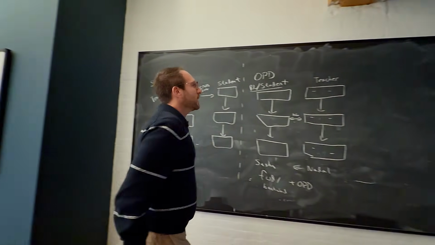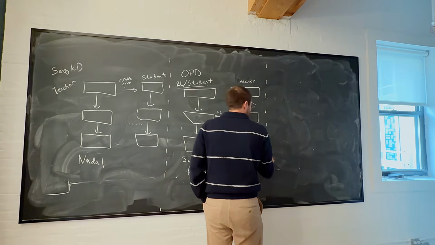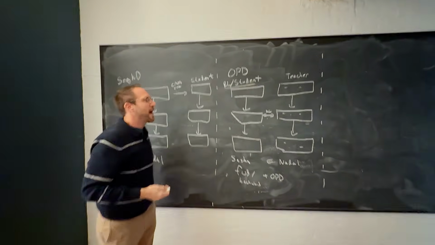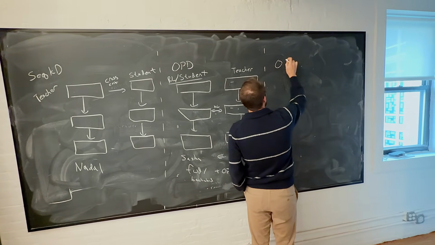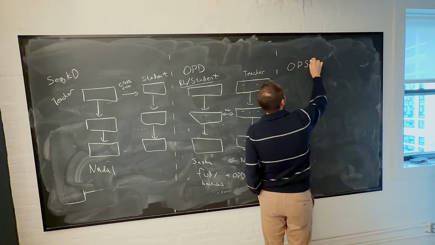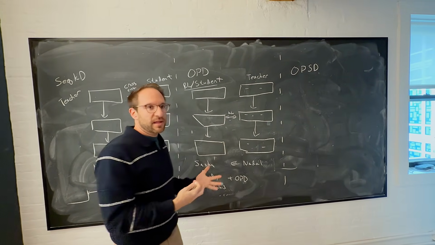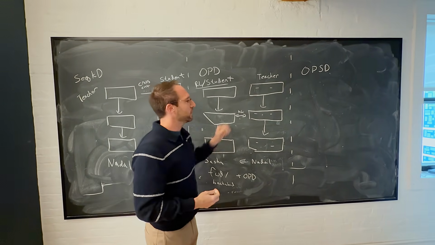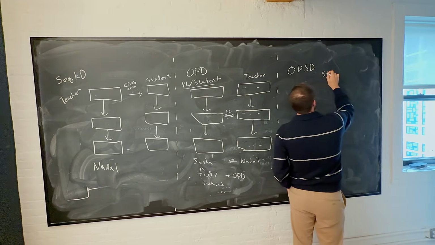Cool. Now, in the case of Composer, we actually don't have a teacher model. We don't have another model that's better than the model we have. So we're going to use this method that's become popular recently called on-policy self-distillation. The idea here is basically we're going to synthesize a teacher to try to help us out. So we don't have a better model, but we can pretend we have a better model by taking a student